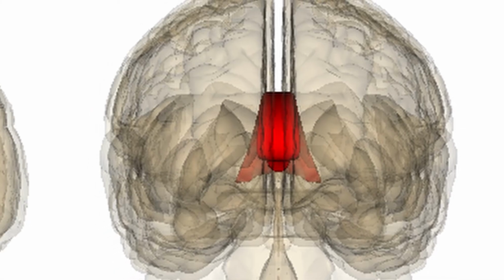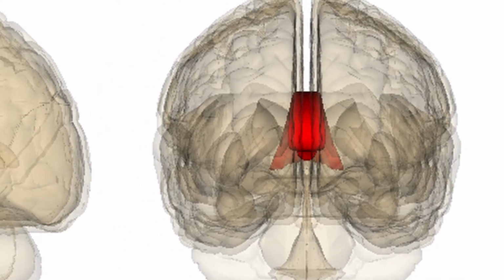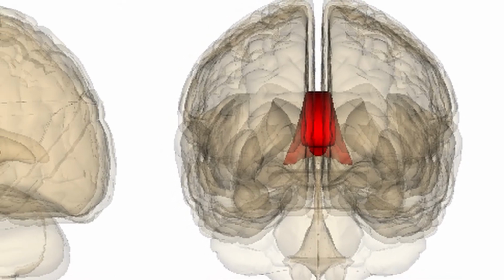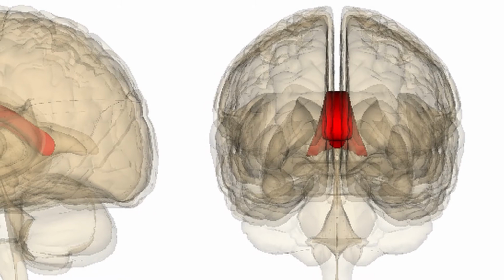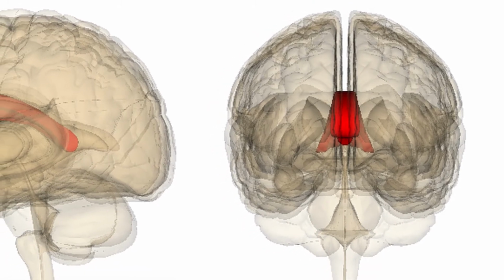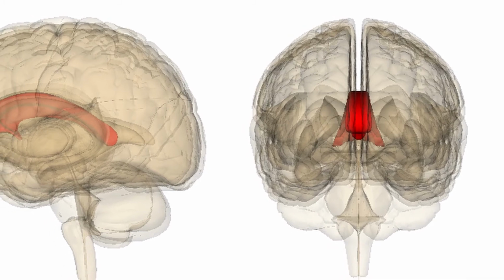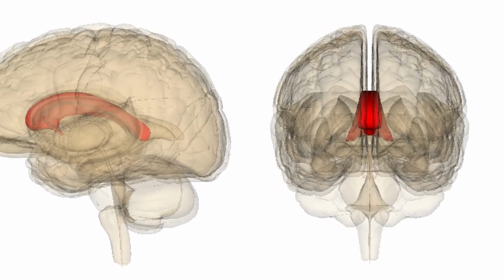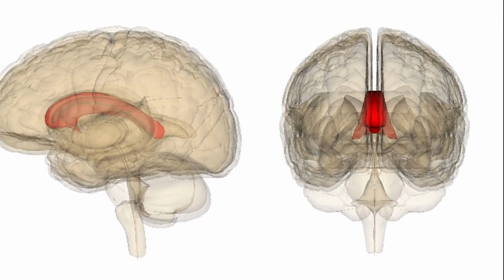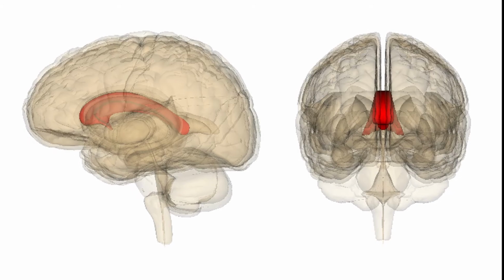The corpus callosum is a nerve fiber bundle that connects the left and right hemispheres of the brain. When playing soccer, movement on both sides needs to be coordinated for efficiency. The corpus callosum allows for this by connecting both hemispheres of the brain. However, with a damaged corpus callosum this would not be possible. For example, with a damaged corpus callosum, I would not be able to see what is happening in my left visual field, creating an imbalance in my perspective.